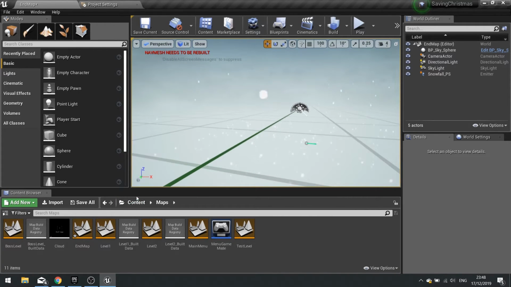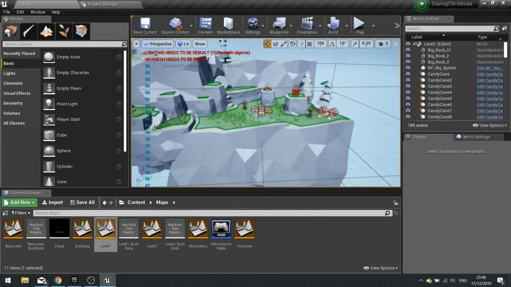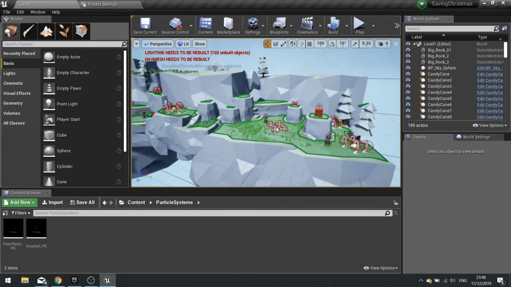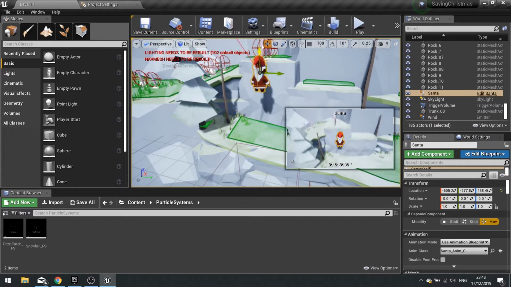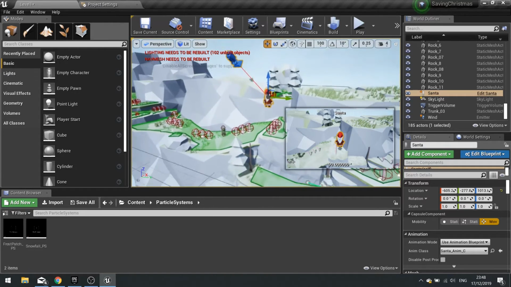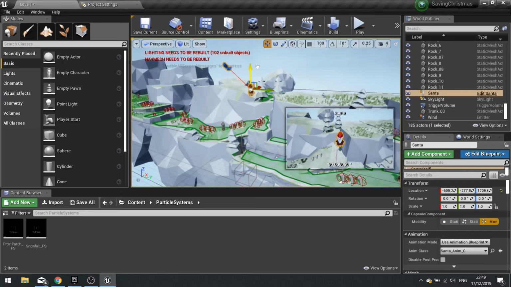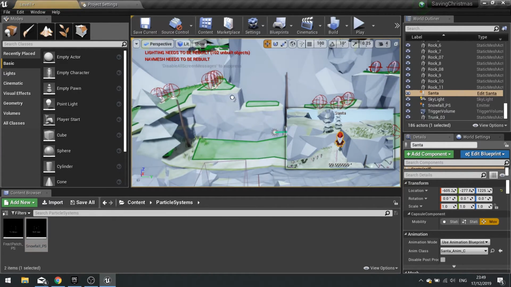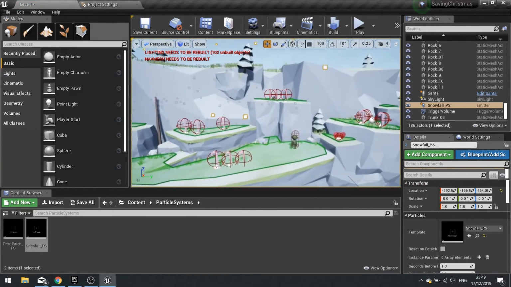I'm just going to add a bit more snow to the levels. So go to level 1. Let's add a bit of snow. System. Let's add some snowfall to this. I'm also going to make Santa drop into the level. Like so. Let's put the snow in. There we go.